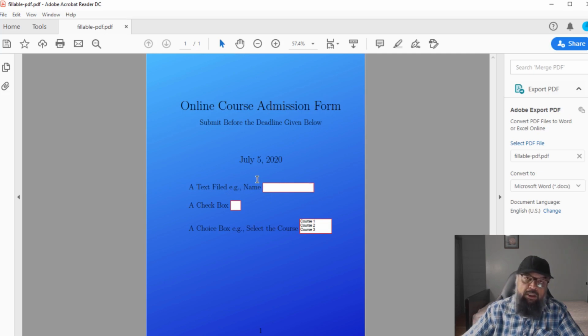CTAN is a website where all the LaTeX packages are available and their PDFs are available. Read the PDF manual of the hyperref package which we use to create this form. A PDF manual is available. You download that manual and read after page 36. So if you read there, you will find some more options.